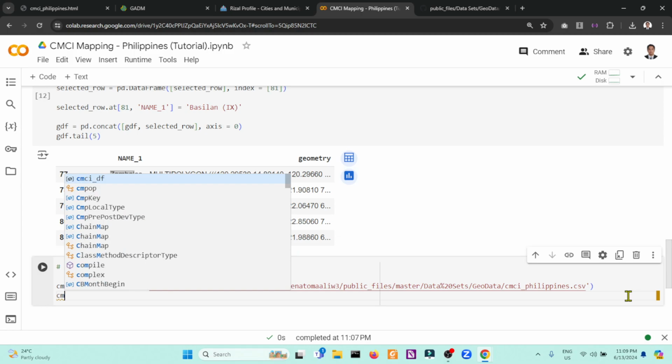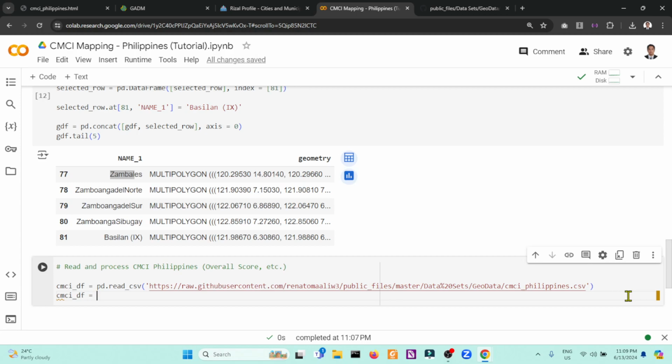I have no specific data for Metropolitan Manila, so I will filter the data frame further: CMCI DF and CMCI DF. This is a conditional selection of the data frame. So if the province is not equal to Metropolitan Manila, we will remove Metropolitan Manila from the CMCI data frame.